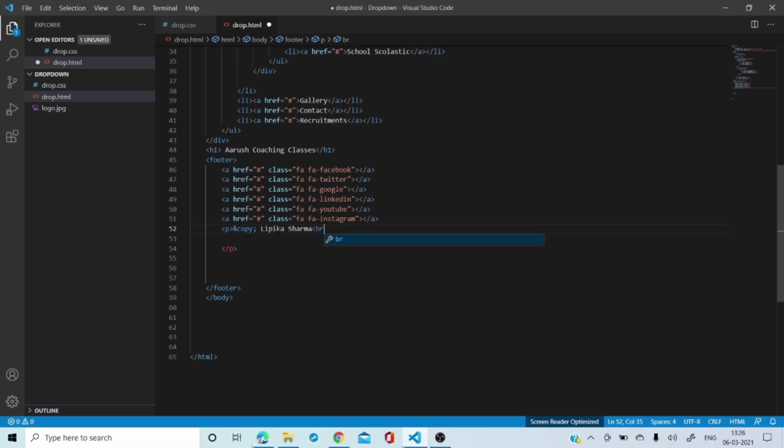I want some gap, so I'm giving BR, and then I'm going to write A, then same thing, href, and this time what am I going to write? I'm going to write mail to, and where do you have to mail? You have to mail it to Arush coaching classes @gmail.com. Correct? This is how I'm going to write.